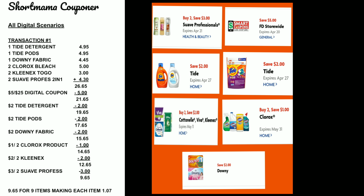That 5 off of 25 is going to come off, make it $21.65. The $2 off for the Tide is going to come off, make it $19.65. $2 off for the Tide pods is going to come off, make it $17.65. $2 off for the Downy fabric softener, make it $15.65. $1 is going to come off for the Clorox bleach, make it $14.65. $2 is going to come off for the Kleenex to go wipe, make it $12.65, and then $3 is going to come off for the Suave professional shampoo, make it